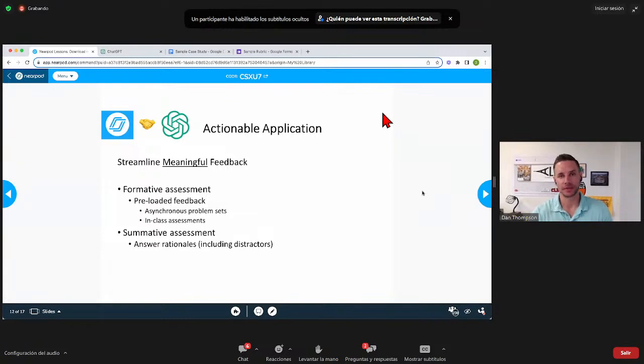And so we want to be able to streamline meaningful feedback for students. And meaningful feedback means that it's timely, so closely after the assessment that they've taken, but also quality. And quality feedback should be really related to the learning goal and, as much as possible, to the student performance about the content. So we don't want to just say, hey, you got an 85, which is a B,